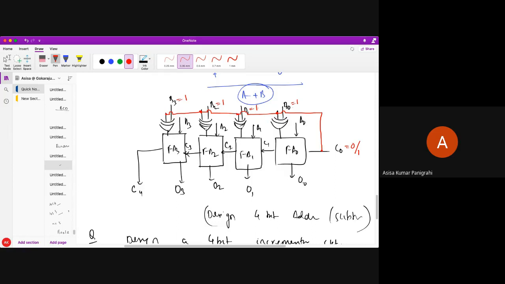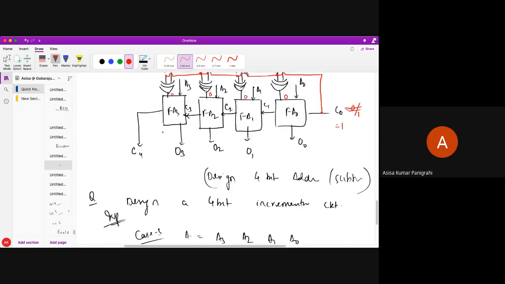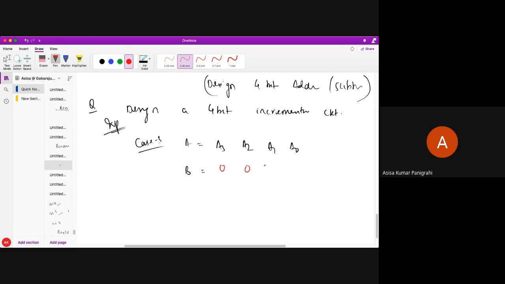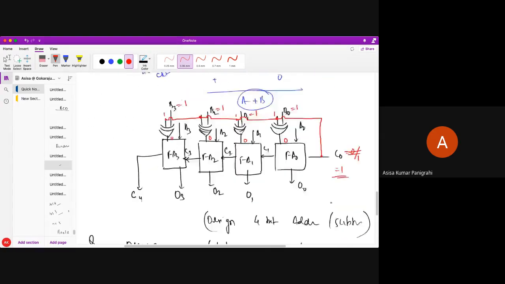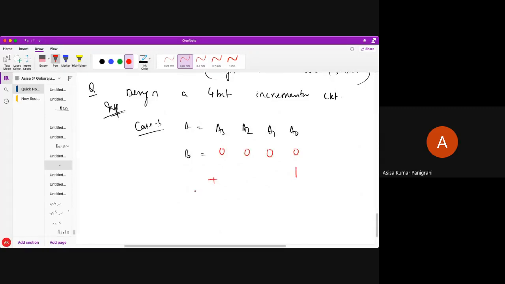And this C0 is also 1. Are you understanding? Even if this C0 is 1, now tell me what will happen. This 1 and 1, what will it give me? 1 and 1 XOR is 0, for every bit. So what do you understand? All B bits are now 0. Along with that, what is my carry here? My carry is 1. So can I put it as a 1 here? So what does it give me, students? A plus 1. So this is an incremental circuit.